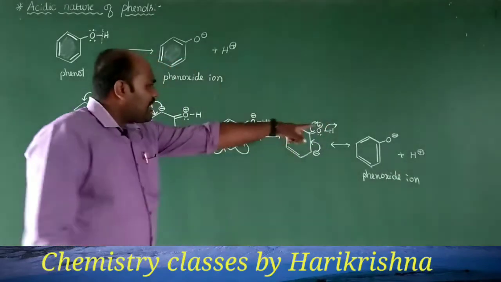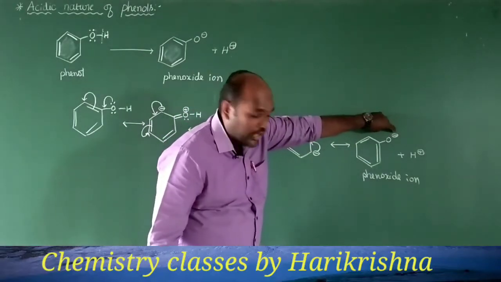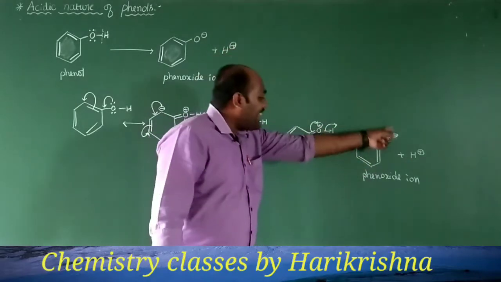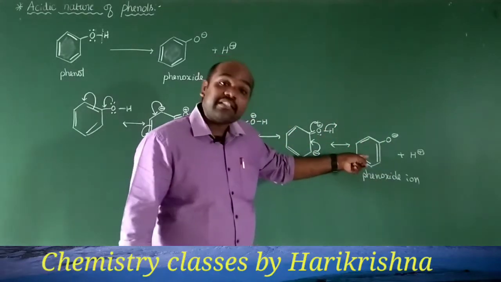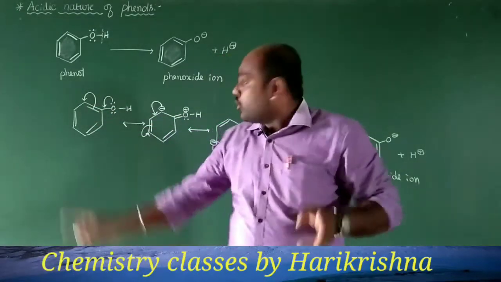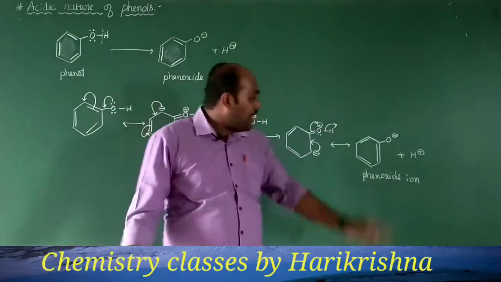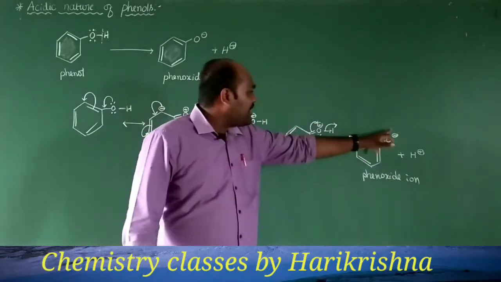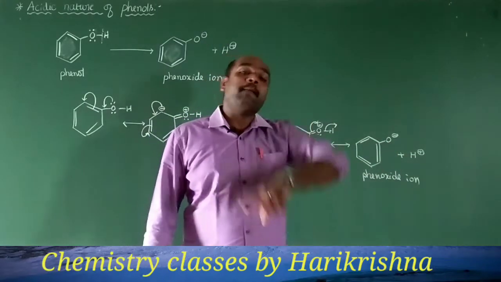And if you observe, compare it to phenol, in phenoxide ion we have a negative charge, and this negative charge is more pronouncedly dispersed in the benzene ring so as to make it stable compared to phenol. That means both phenol as well as phenoxide undergo resonance, but compared to phenol, phenoxide ion is more resonance stabilized because the negative charge present on the oxygen atom will be more dispersed, more delocalized